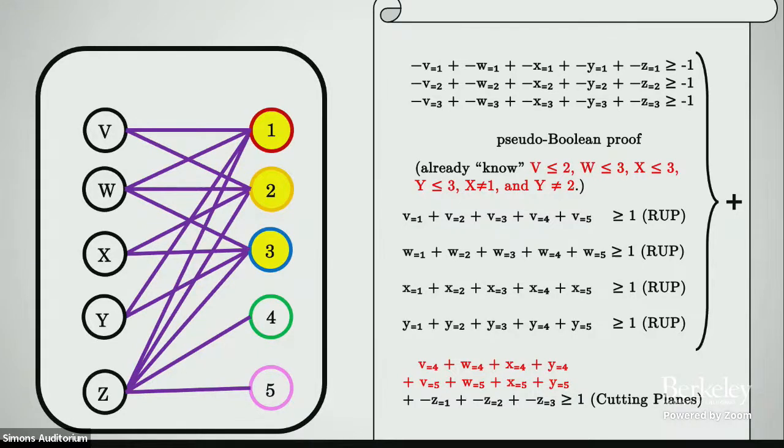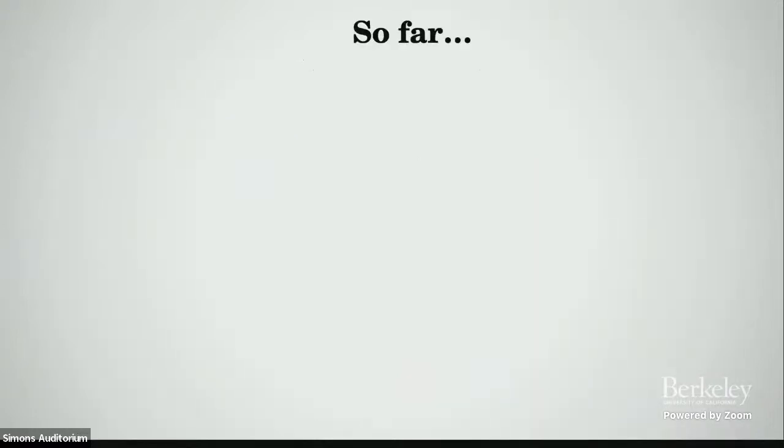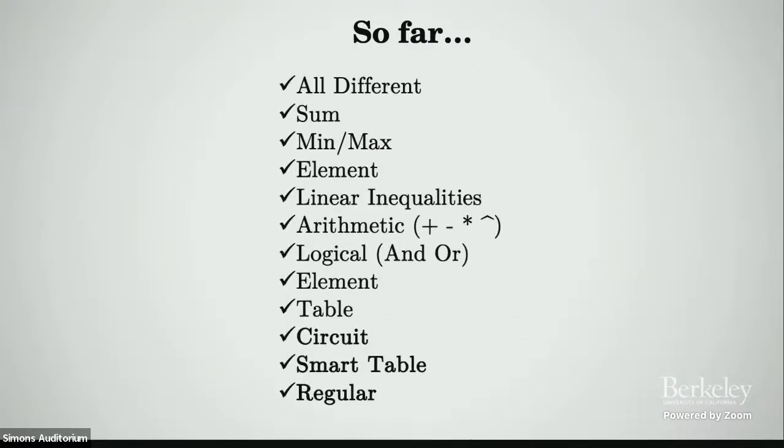And this was obviously just one propagator. There are many propagation algorithms for many different constraints. And so far, the good news is that lots of the commonly used constraints in CP have similarly nice or even easier ways of proof logging them using simple cutting plane steps and reverse unit propagation. So these are all the ones that are done so far. These are all implemented in a prototype constraint solver at Glasgow that we've shown basically that these work and that